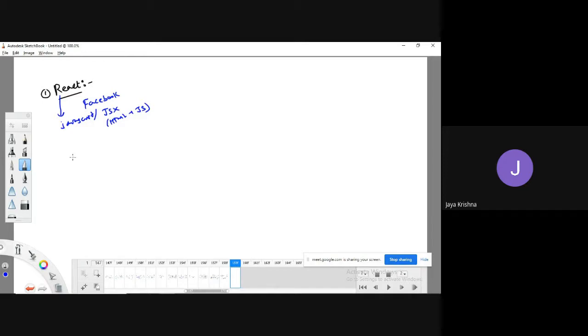So when you use this React framework, if you would like to develop any kind of single page applications or cross platform applications, we can go for React. Also, if you would like to develop any kind of social networks, we can use React. Or if you would like to develop web applications, web apps, messaging apps, for all these we can use React as the front end.